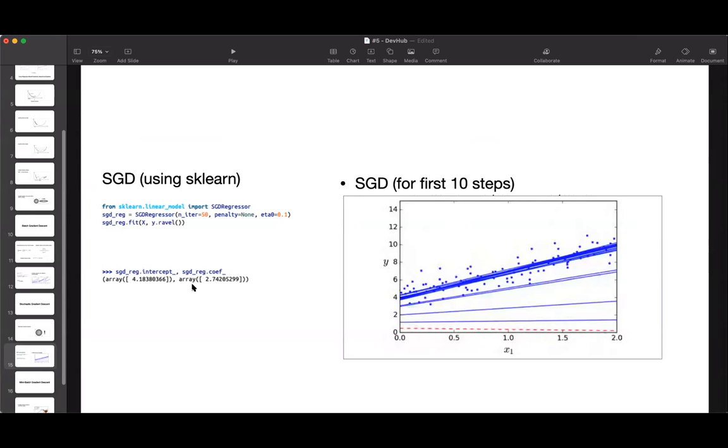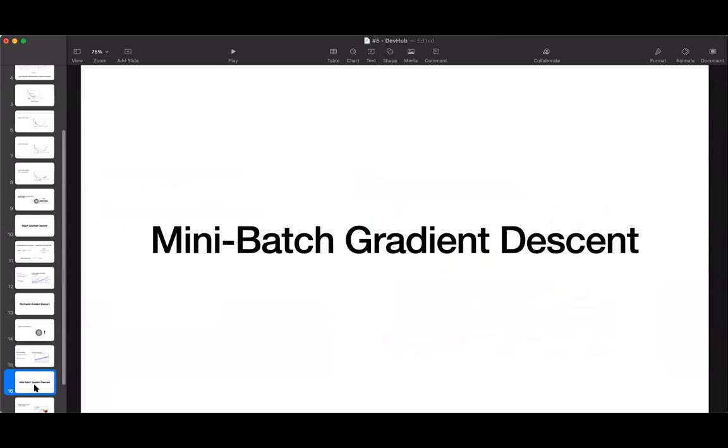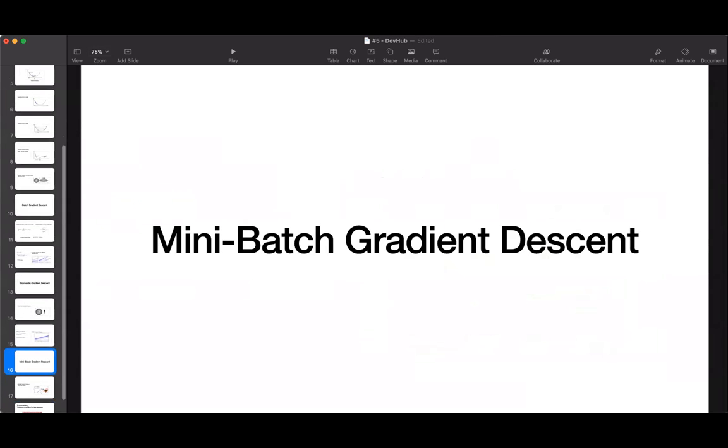Now, another type which we'll encounter after this, the last kind, is known as mini batch gradient descent. What happens in mini batch gradient descent is quite simple to understand once you know batch and stochastic gradient descent. Basically, in batch gradient descent, at every step it was dealing with the whole training set which you provided. And in stochastic gradient descent, it picks a random instance at every step, and then calculates the different things on that random instance.